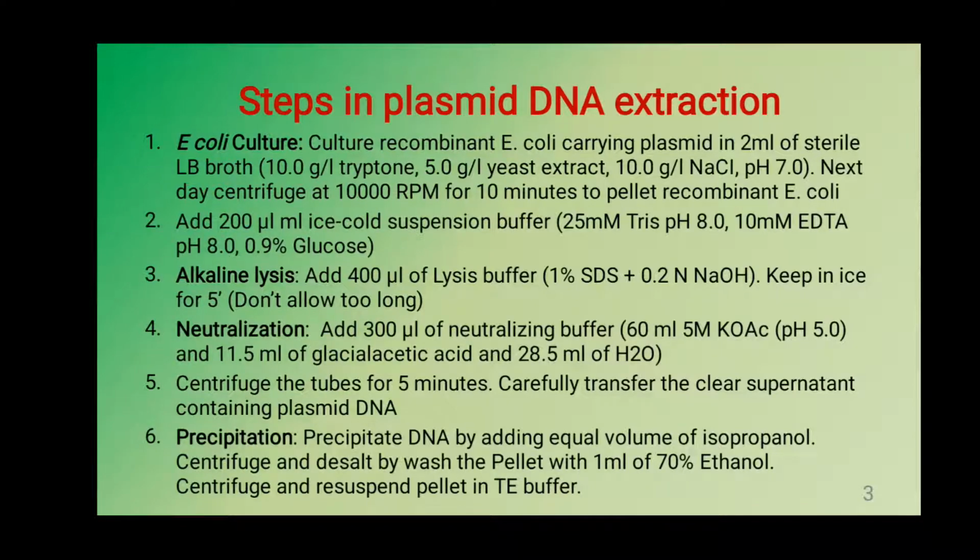The next step is precipitation. Here, during high speed centrifugation, the plasmid DNA is precipitated from the supernatant. For that purpose we add alcohol such as isopropanol to aggregate the DNA, or go for other methods of purification such as the silica chromatography technique, so that the plasmids bind tightly to the silica membrane.